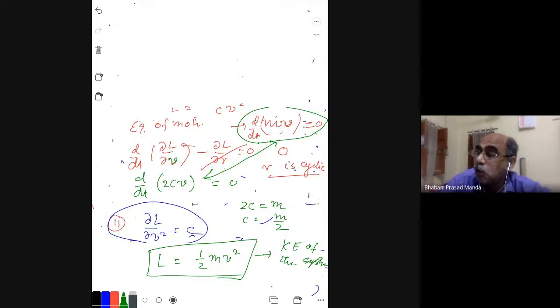d/dt of mv equal to 0. So for a free particle, d/dt of mv equal to 0 means the force, the rate of change of momentum, is 0. Now for a conservative force,